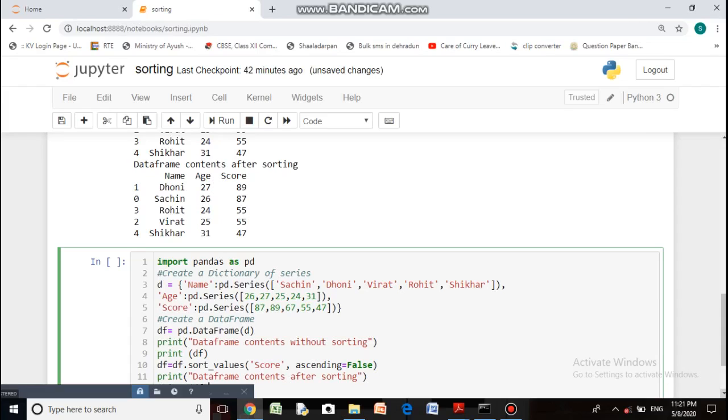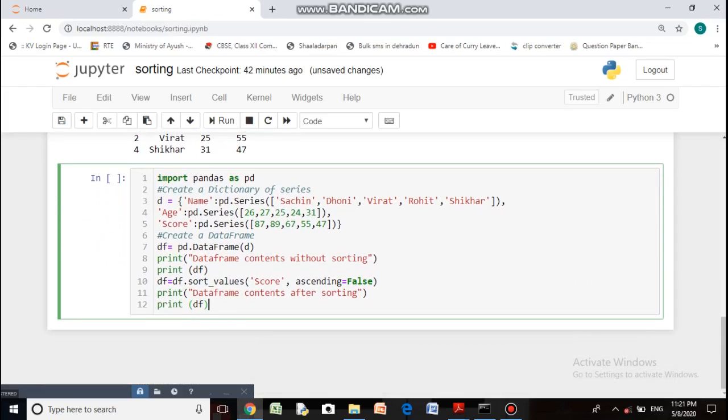Now for sorting data through index, the function is sort underscore index.